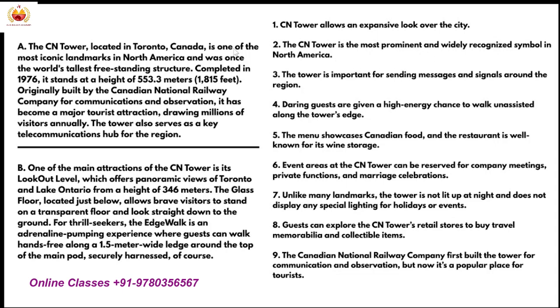However, if you come to the passage, it says one of the most. So when you say one of the most, it means one out of many. For example, say we have a list of 10 iconic landmarks, and out of these 10, the CN Tower is one. Now it can be at number 1, number 2, number 3, number 4, any number. But as per the question, the most prominent one means at number 1. But the passage does not state it is at number 1, so that's going to be E, not given.